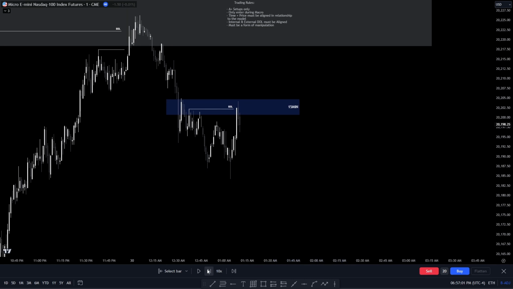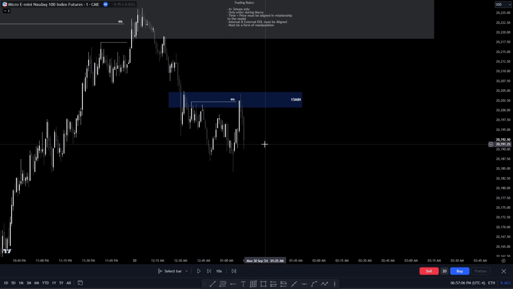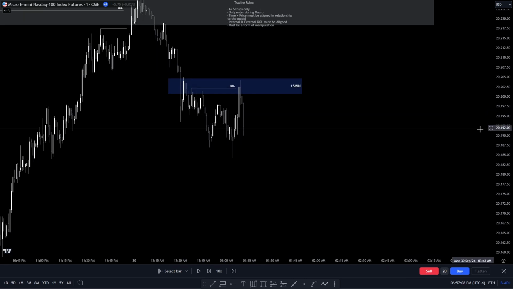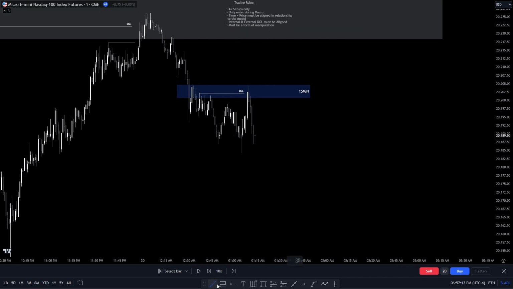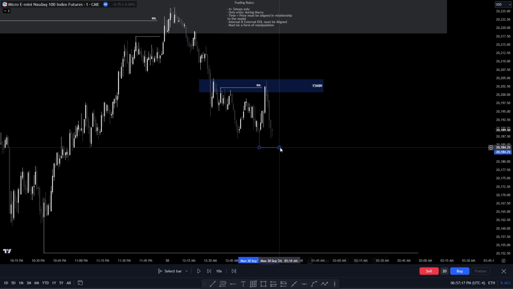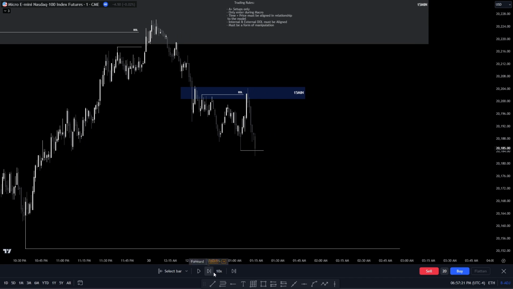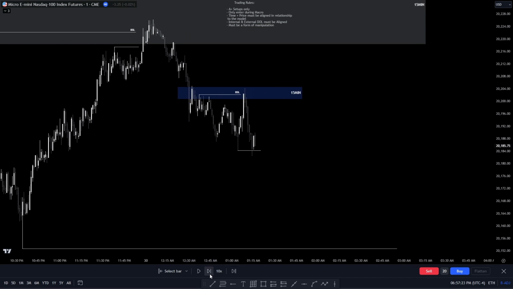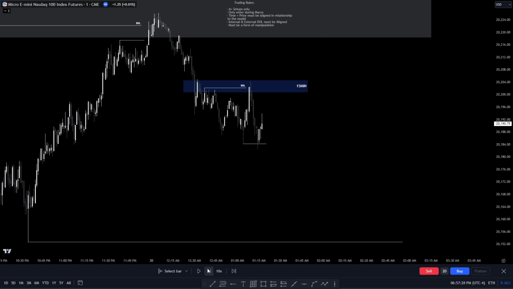Right, so swept buy side. We inverted this 1-minute fair value gap. Okay, I'm still waiting. If anything, I want to see displacement through this low. Okay, take that low. We instantly reject, right? That's not what I want to see. So I want to see us displace through this low, right? And just keep on continuing,